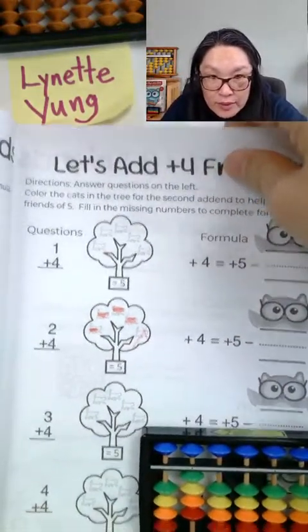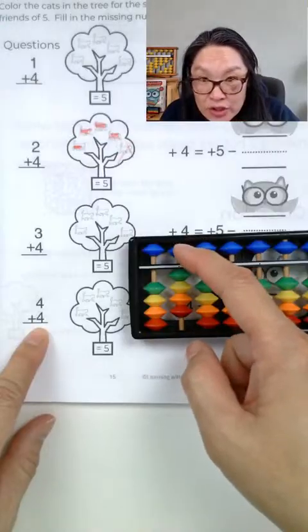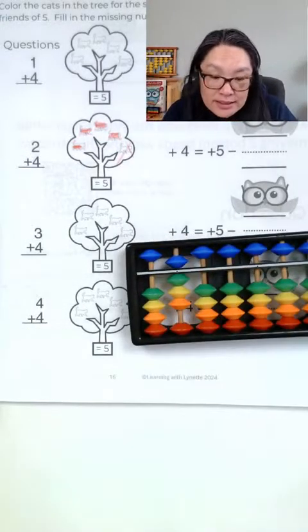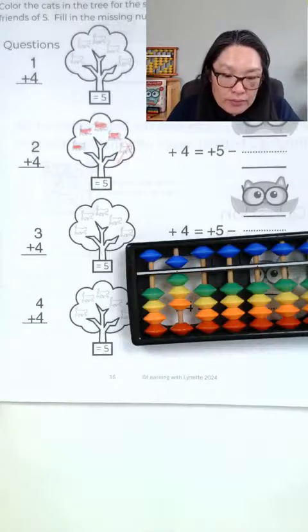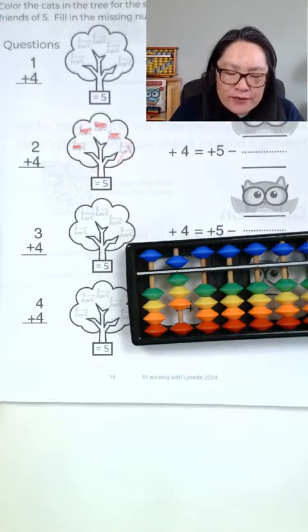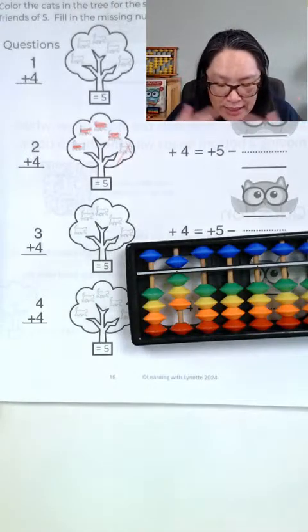Let me move this up. If I have 4 and I need to add another 4, I need to go to the cats in the tree, add the 5, and 1 cat runs away. That's how they would remember it. Other ways would be they have to say it out loud. Make sure that they say it out loud,